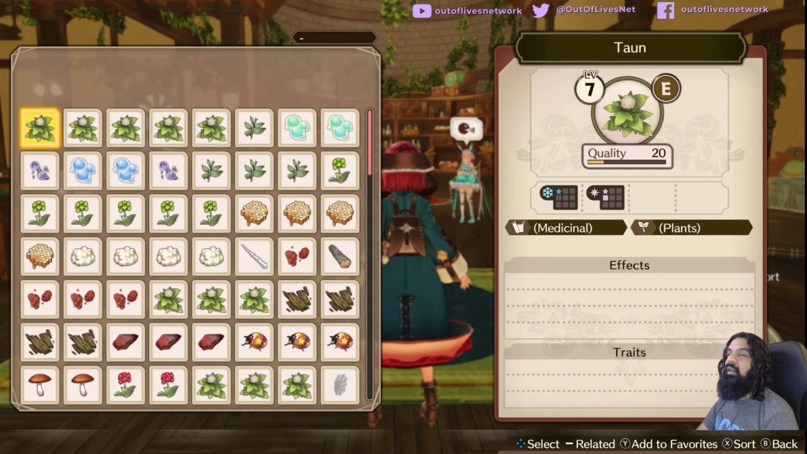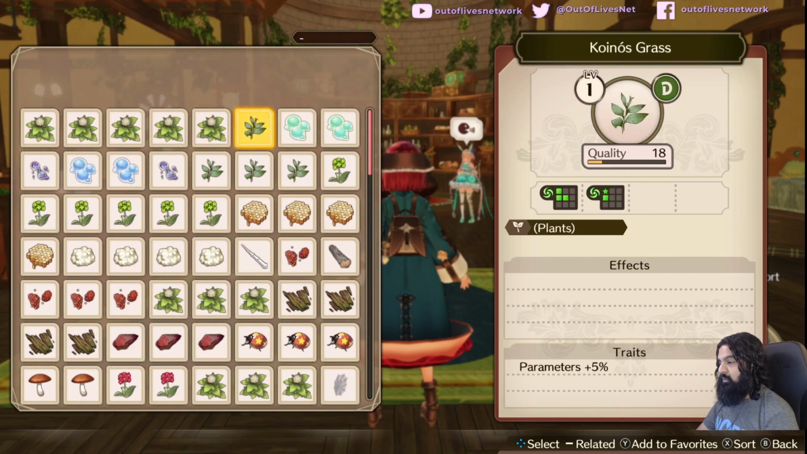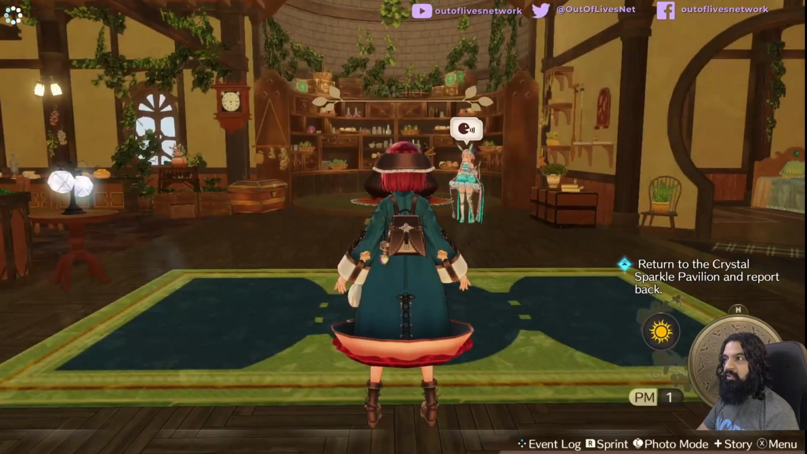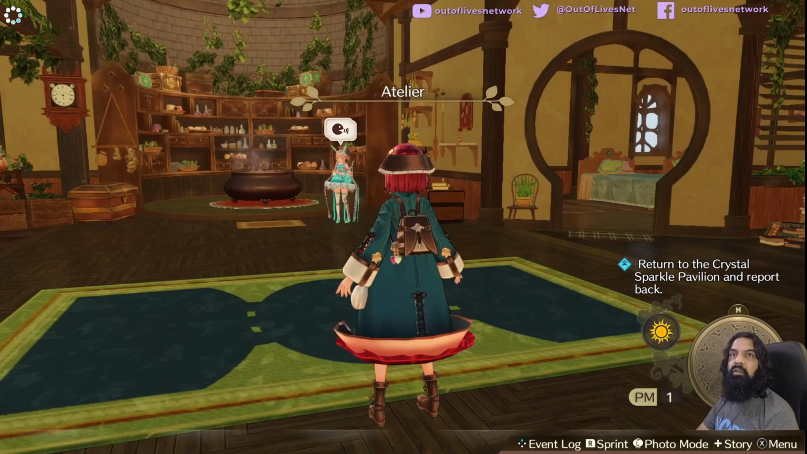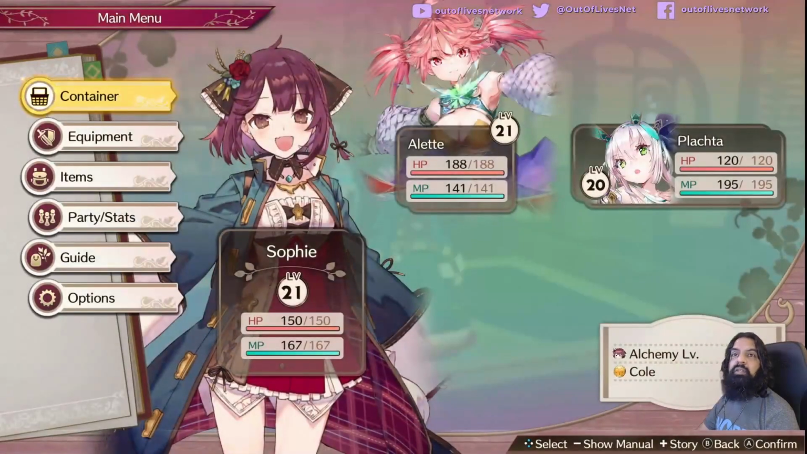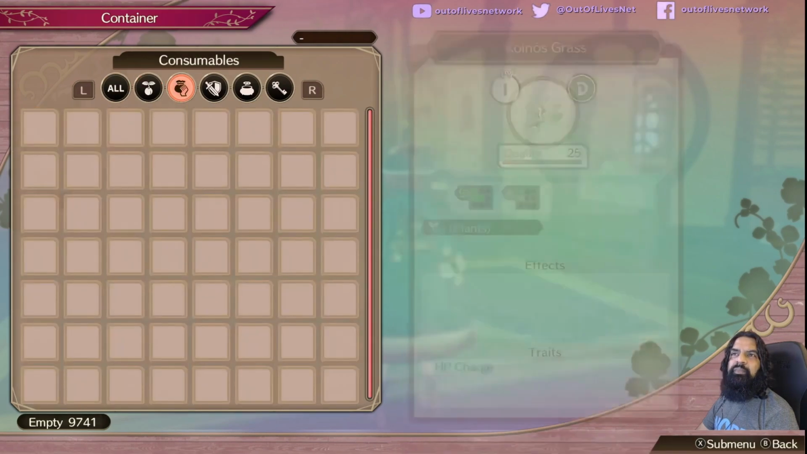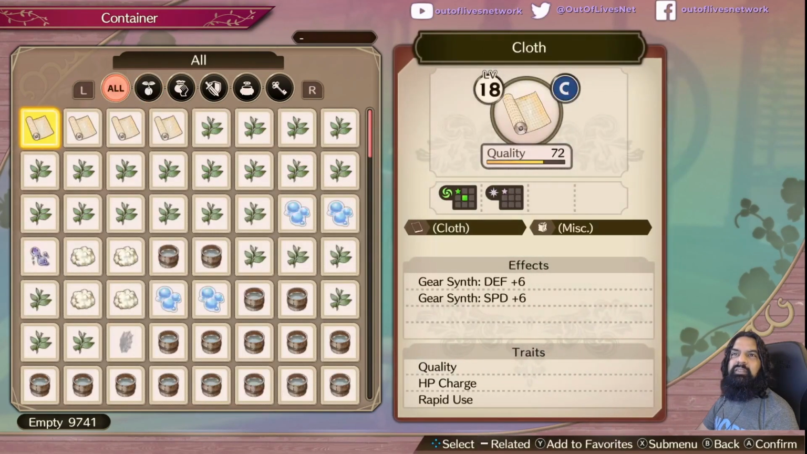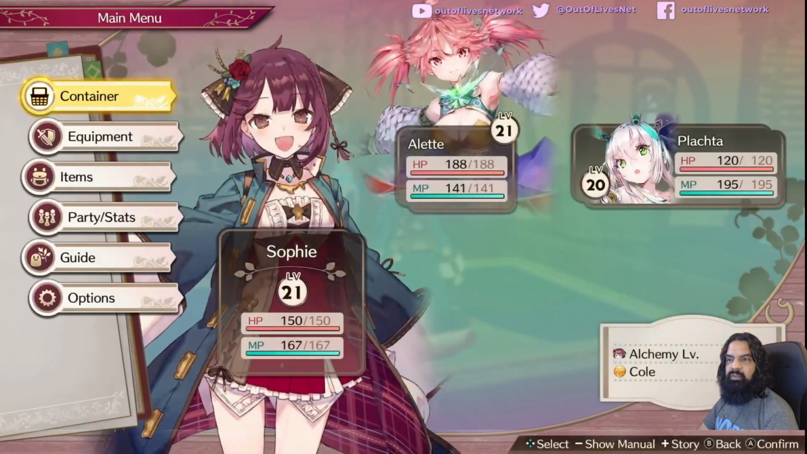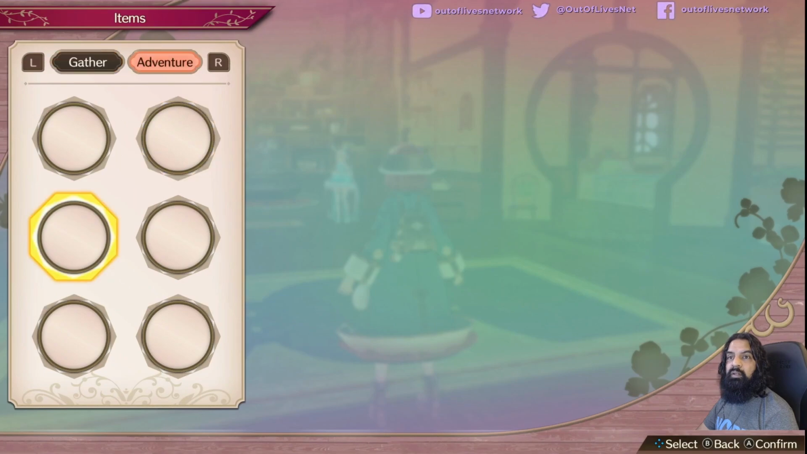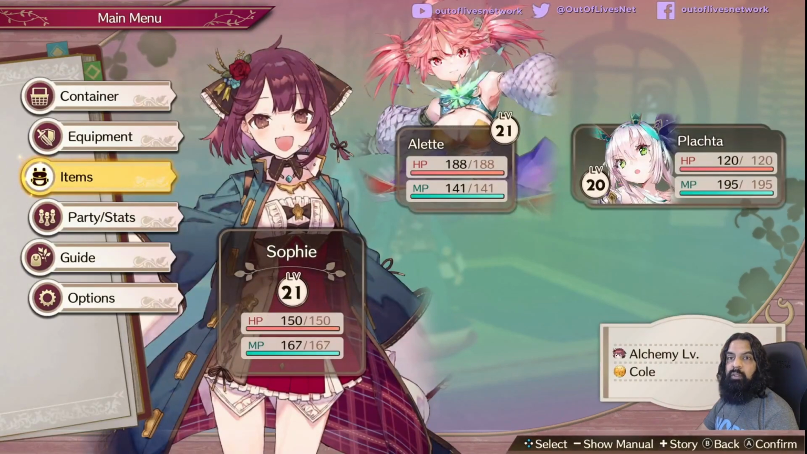Yes. That's a nice quality of life thing. Wait. Back. Item space in the container. So then, if I hit X, container... I really don't get what's on me still. Items? Alright, well